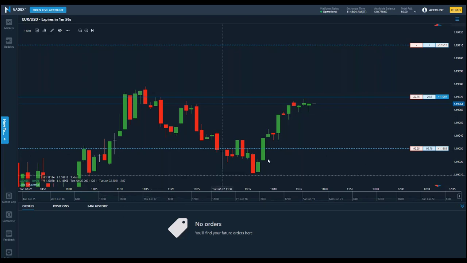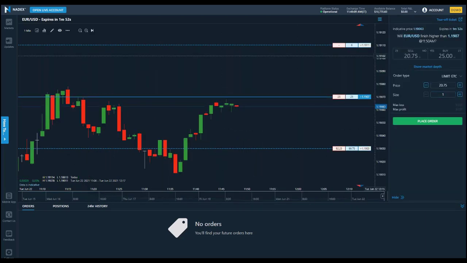So you can place your orders in between the bid-ask spread. You can put bids below. You can put offers above. I can close a position early by hitting the close button, or I can try to get out for a partial profit. If I've got an order working, I can amend it or I can delete it. So you have a lot of control over how you want to handle your orders with the 5-minute binary options.